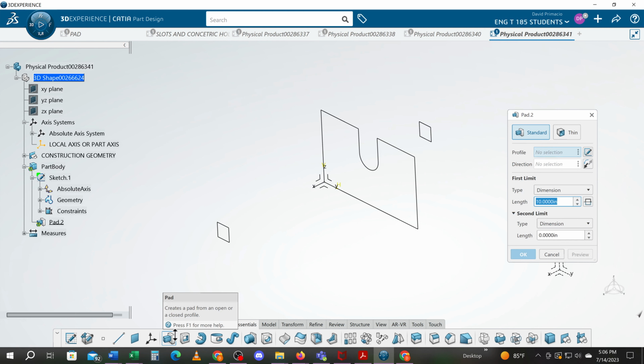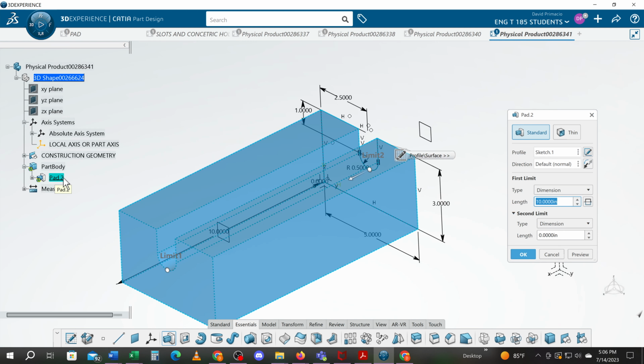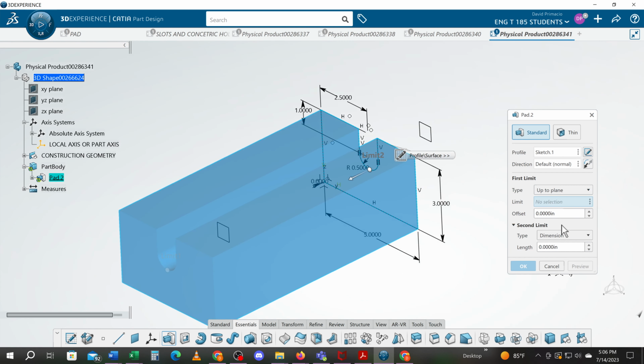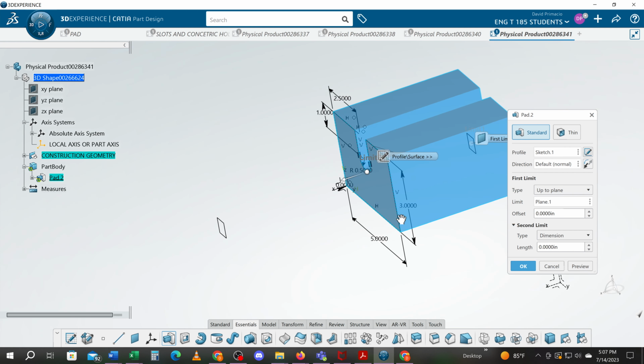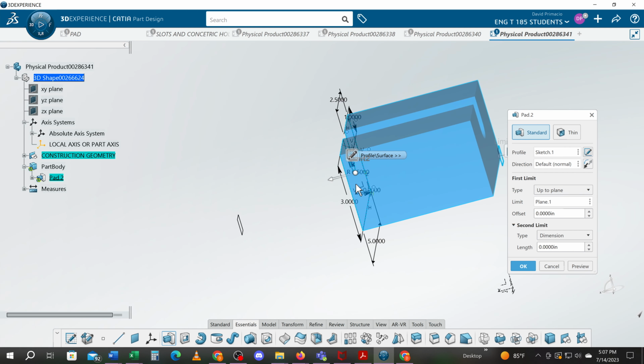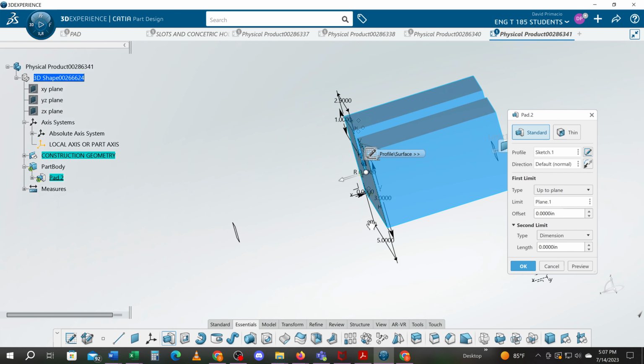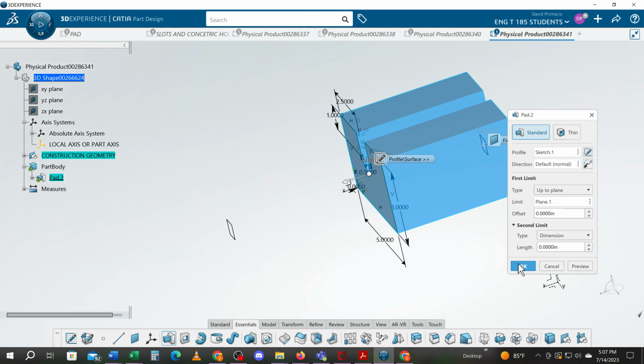And I'm going to select sketch 1. It remembers the last values we were using and tries to build it from that. I'm going to switch dimension to plane. And I'm going to select this plane here. You notice it goes to that plane. So it went from that plane and is now going 5 inches. If I select OK,